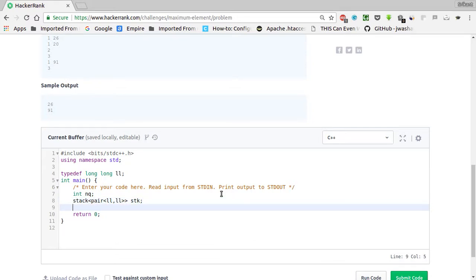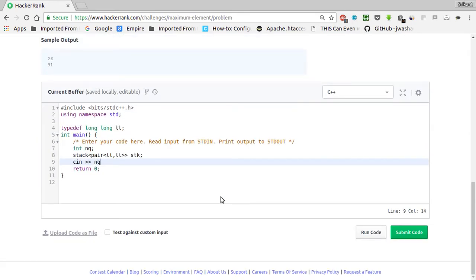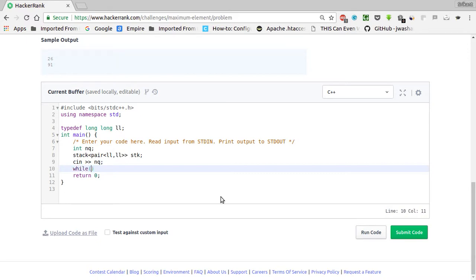Let's say we have to take the number of queries, that we'll call nq. Okay, now while there are queries left,